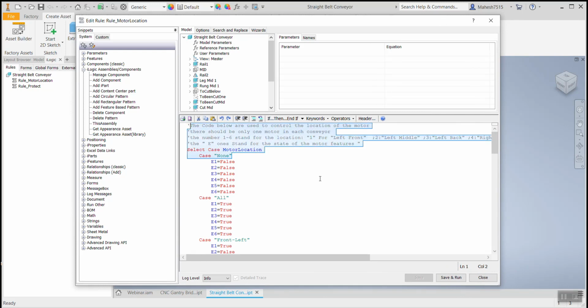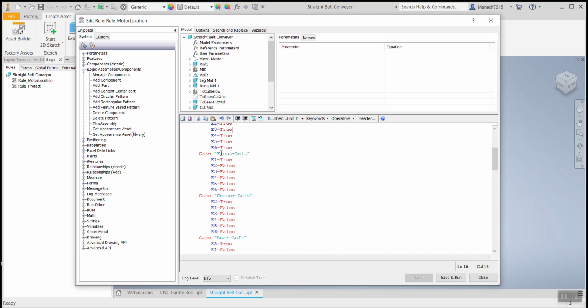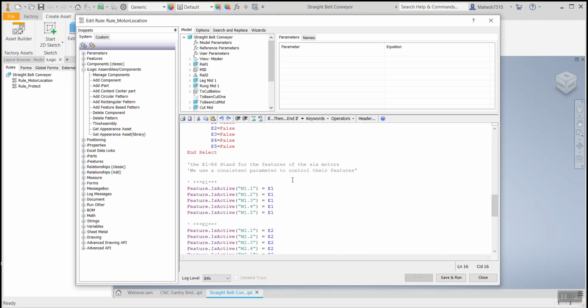They have also used nodes, you can see there. And we have something called a case condition here. As I already said, there are some more conditions other than if, like case and while. They have used case for this type of condition. And you can see for every case, only one set is true and all other things are false. They've also entered the case there, and they have told iLogic that the feature is active, command separately.